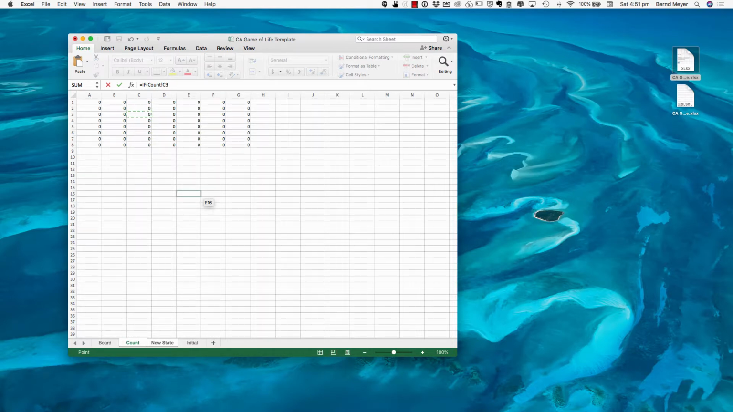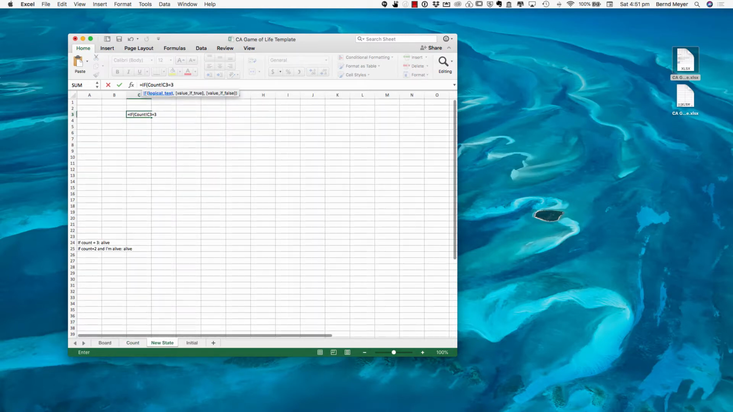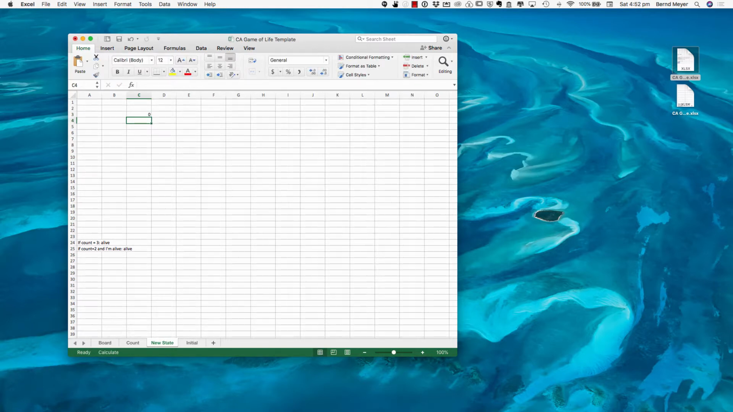Count C3 is 3. That's the condition, a comma. Now comes the value: what if that's true? I want a 1 in that value, and if it's not true, I want another comma. I want the value 0. Closing bracket, enter. Good, so we've defined that part of the follow-up for